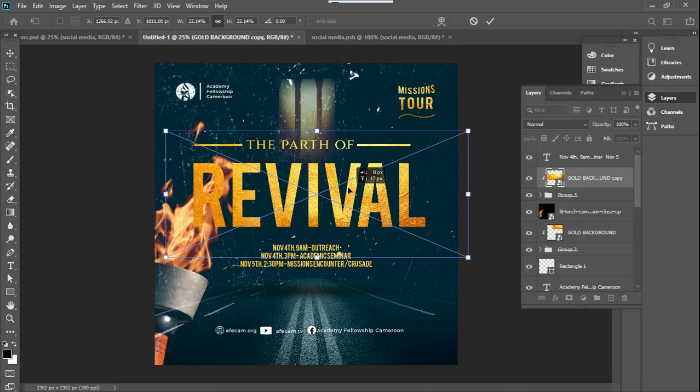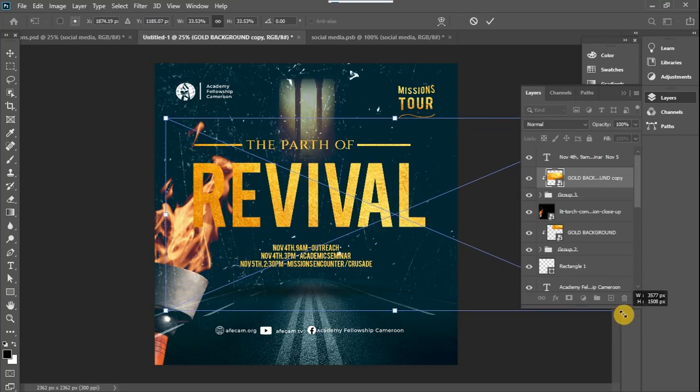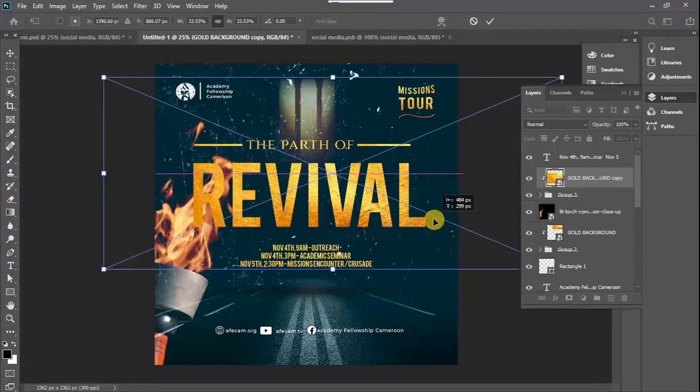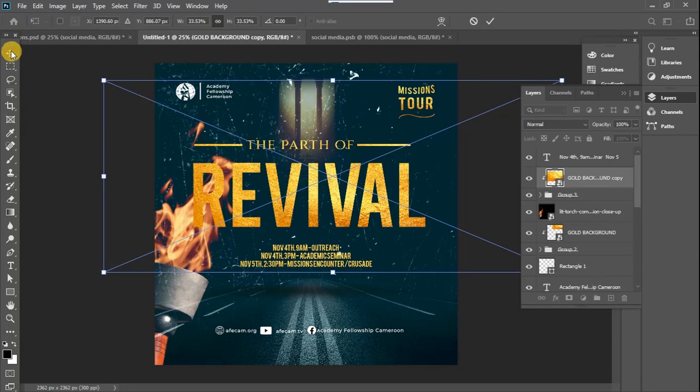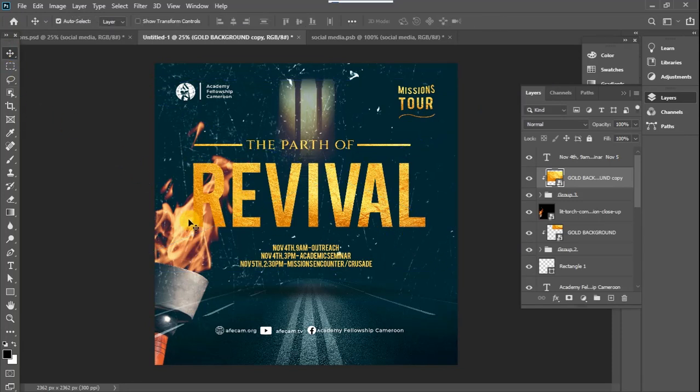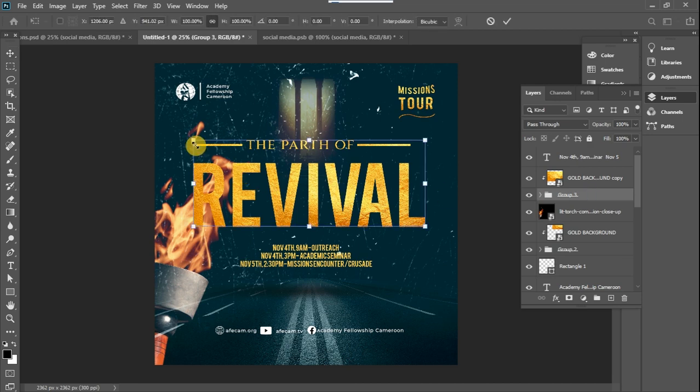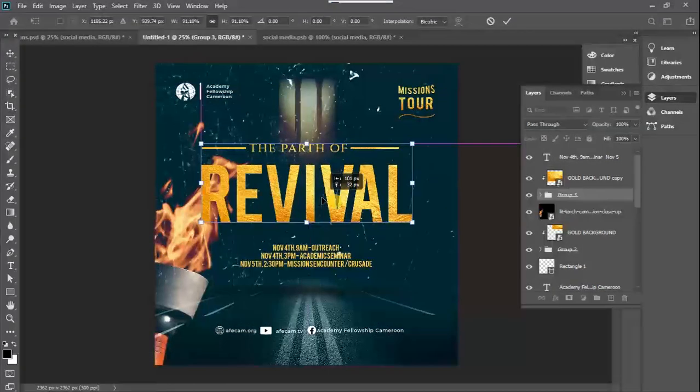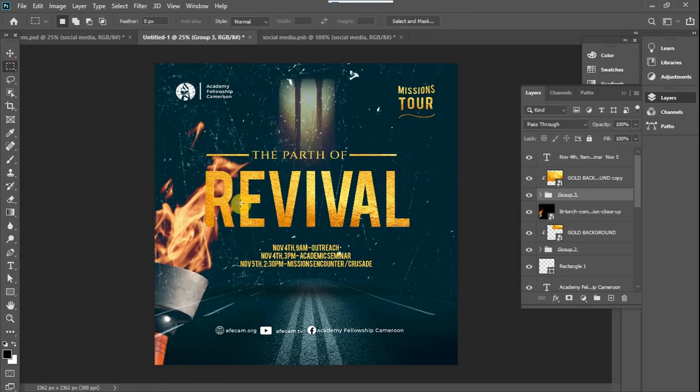I bring it down to this layer, increase the size a little like this, and that is it. I want to reduce the size of this a little like this, and then next thing,